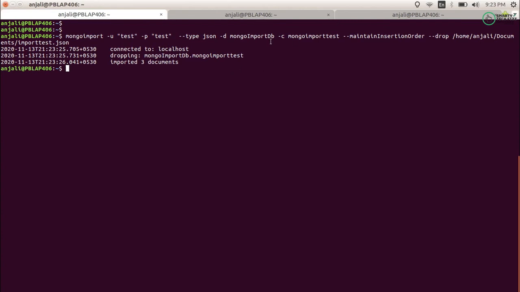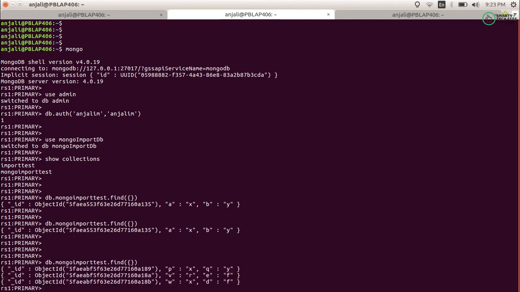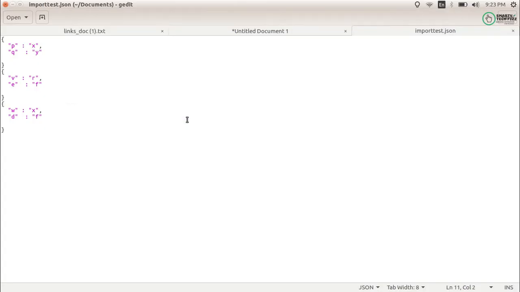As I have used the drop, it should now only have the 3 documents. One document it already contained, but it should have been dropped, so it should not have 4 documents. You can see that it has 3 documents. So this is how you can use Mongo import.